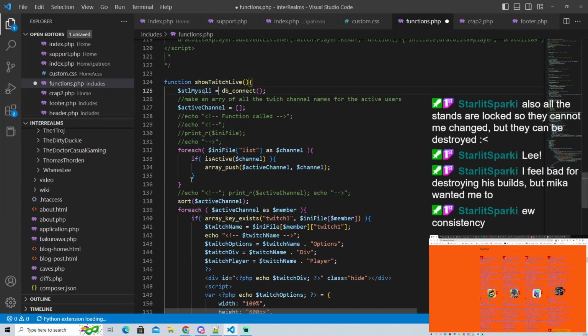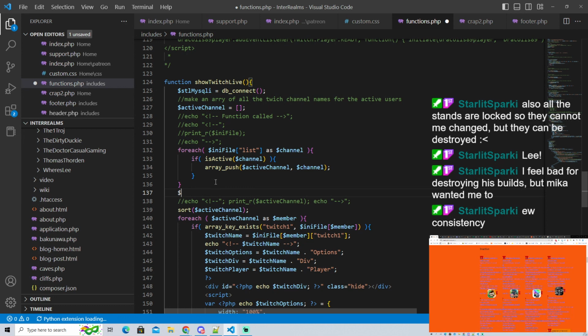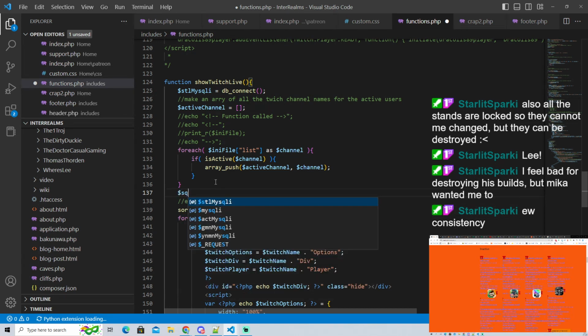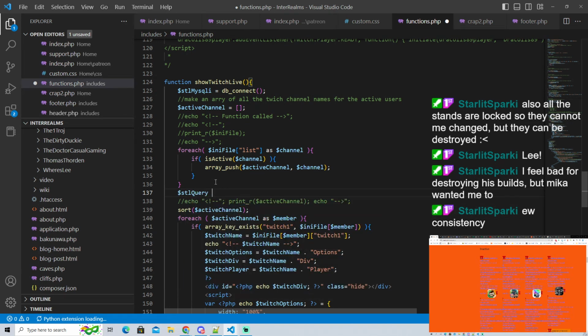Next, we're going to probably get rid of this whole thing because we don't need it anymore. I love this. Because again, we did this whole thing where we don't have to worry about certain things. Anyway, because the database we're using instead of this flat file actually makes the code shorter, which is great. Okay, so I'm going to write it after this because I want to. So we're going to call this show Twitch live query equals select.